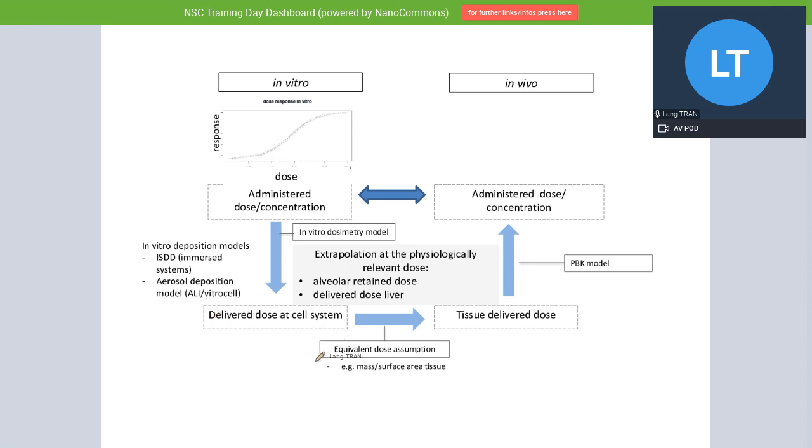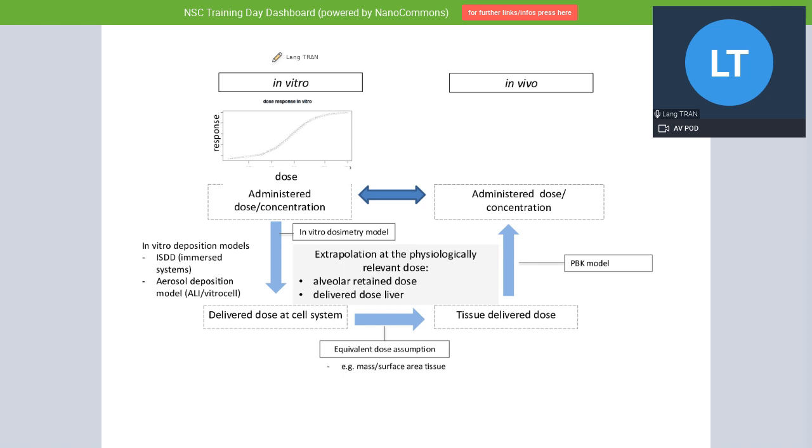Okay. Then, if we assume equivalent dose, meaning we have to scale it so that it becomes comparable to what you see in vivo, such that you describe the dose as microgram per centimeter squared of the tissue area, the area where the dose is getting to, then we can take that dose over and fit it into the PBPK model, and work backward to find out what is the administered dose or concentration in vivo that gives you the equivalent scaled dose between in vitro and in vivo.